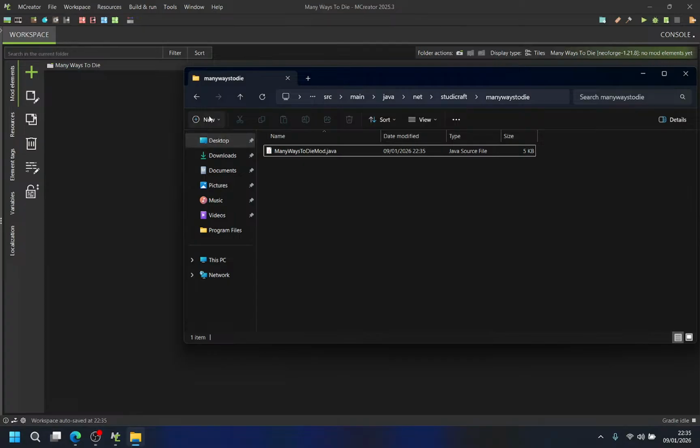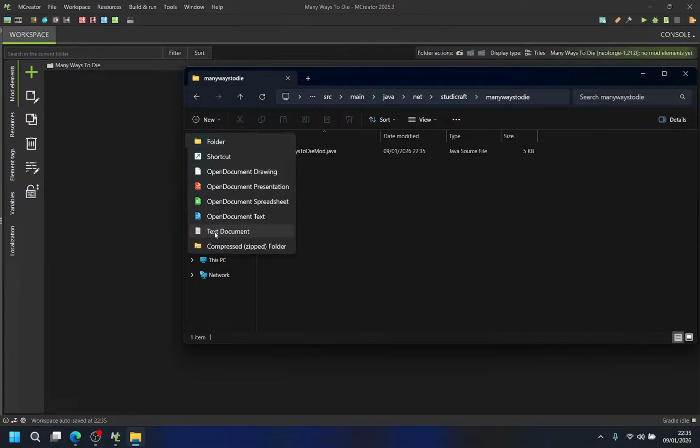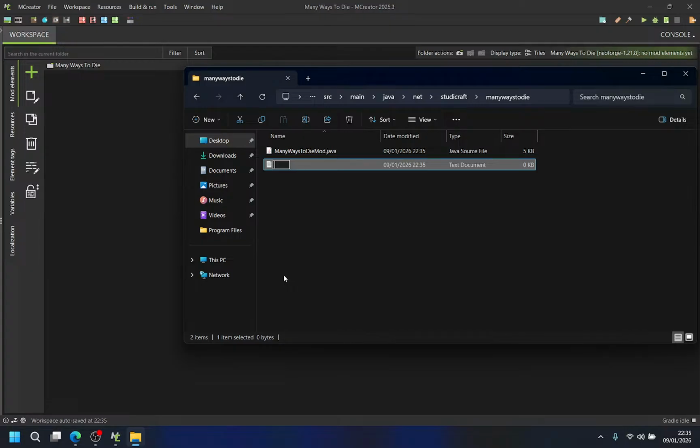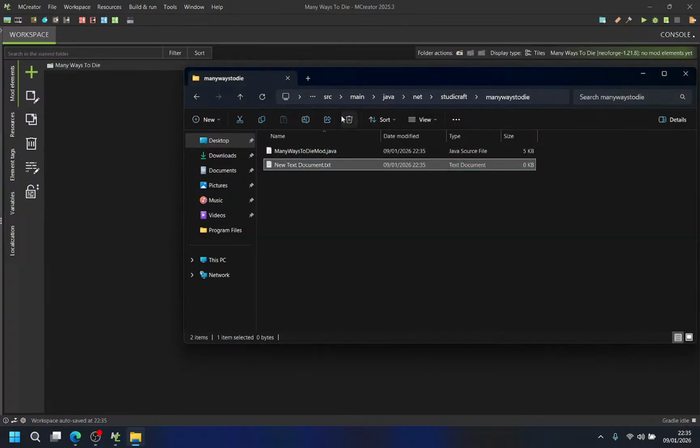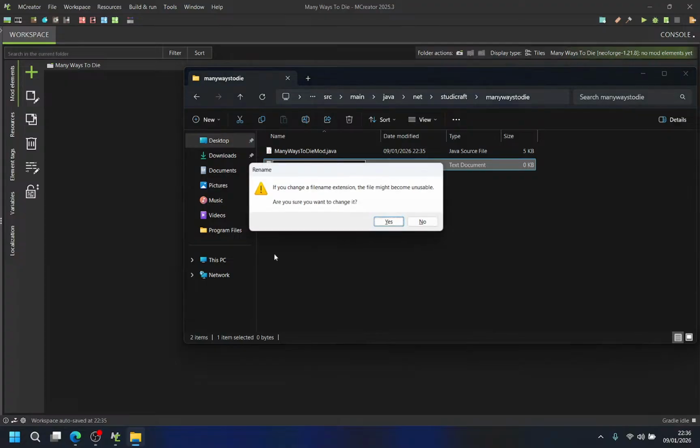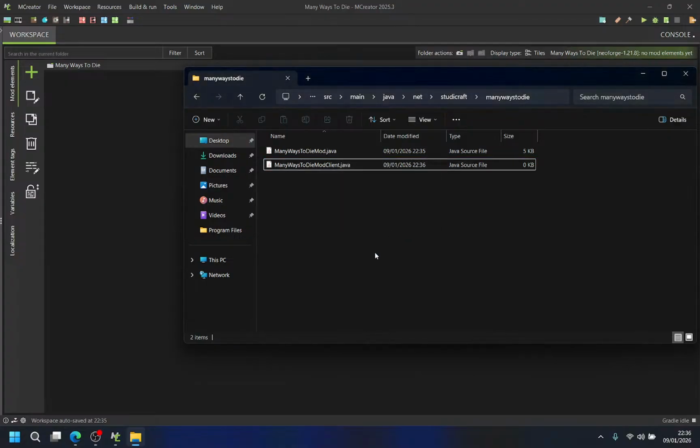No, I think I need to do another Java thing, which would be called ManyWaysToDieModClient. Gotta fill that in. ManyWaysToDieModClient.java. Now it works. Yes.